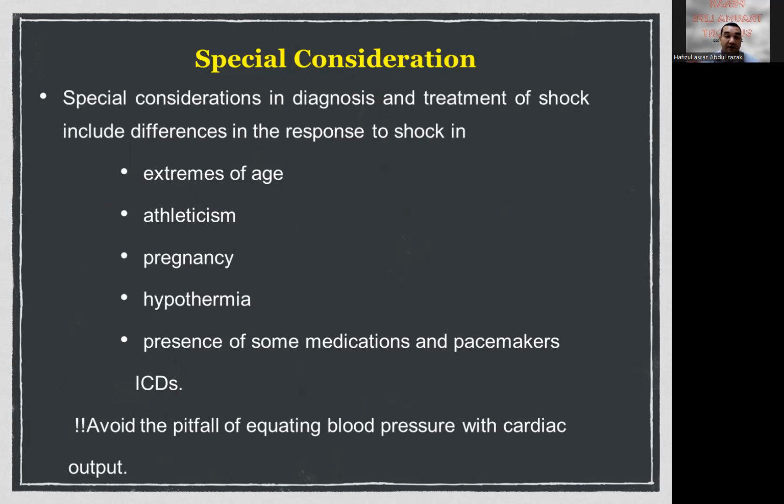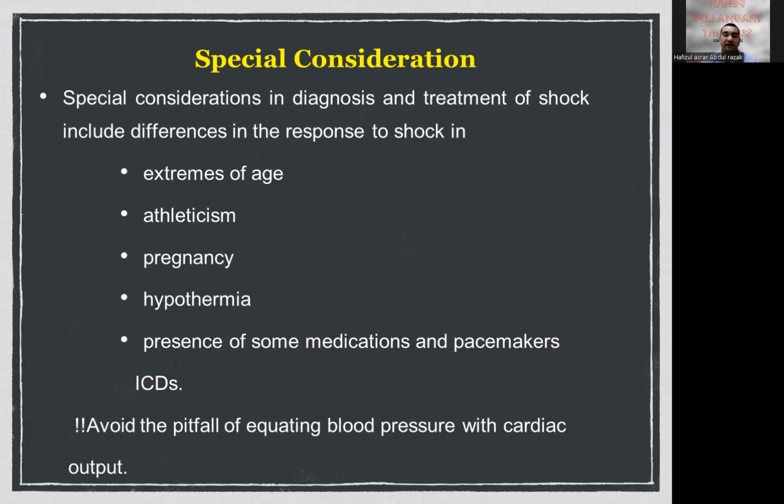If you are pregnant, of course, your blood volume can go up to an additional 30%. So this will also affect your heart rate as well. Sometimes you may not have tachycardia because your blood volume is still a lot. Okay. And hypothermia,